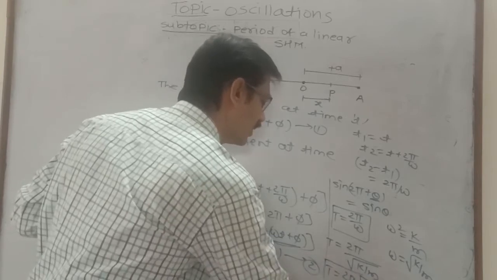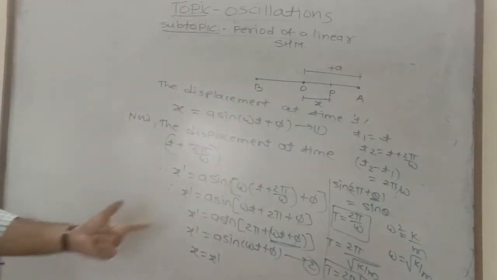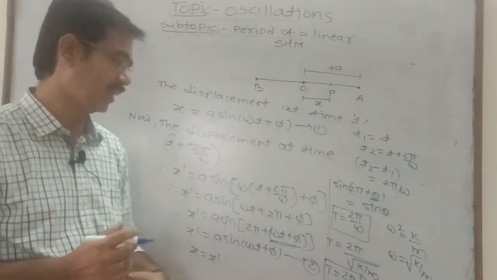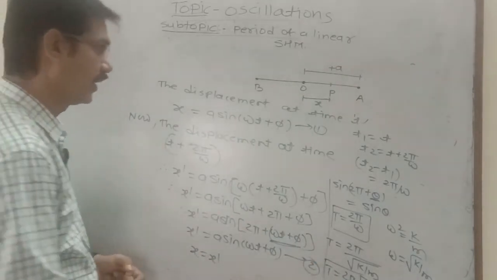This is the expression for the period of the particle performing linear SHM. T is equal to twice pi under root m by k. Also,